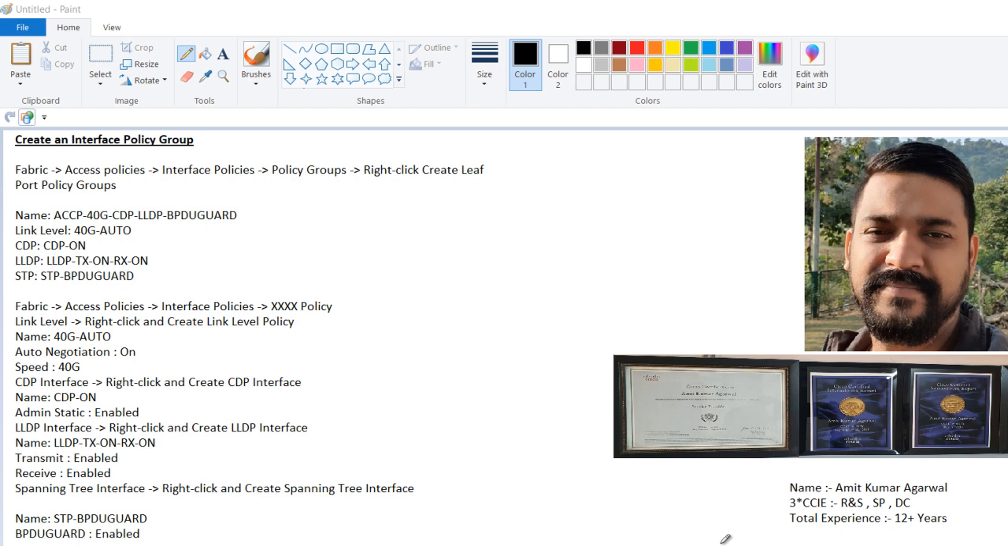Here in this video we are going to discuss the interface policy group. In my previous video you can see that I have created different interface policies. Now we are talking about the interface policy group. So what is the interface policy group? It's a reusable object which leverages the existing interface policies which we have, and then we can apply this interface policy group to different interfaces, and the interfaces should have similar